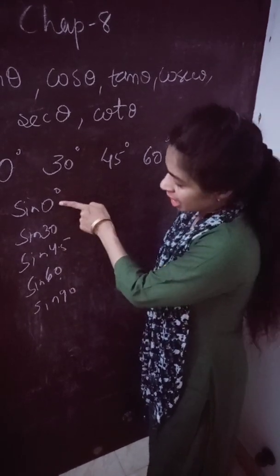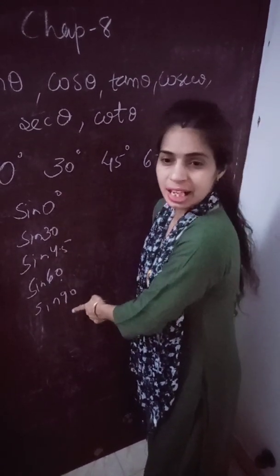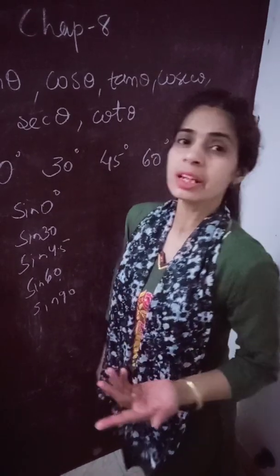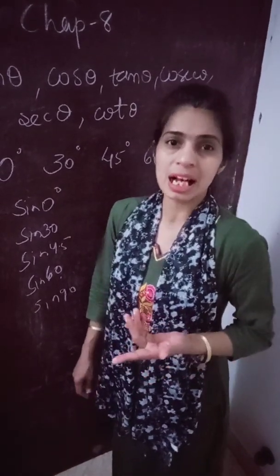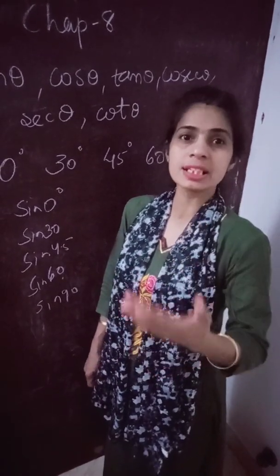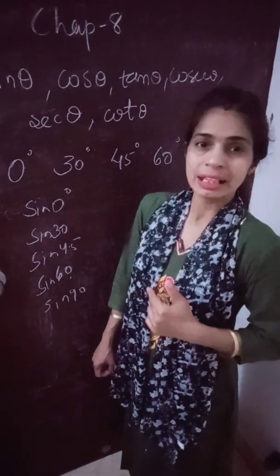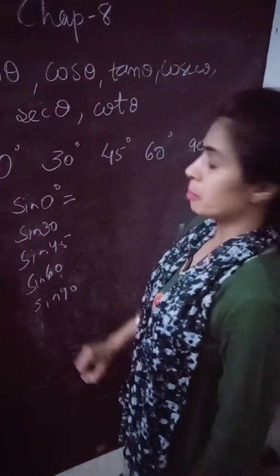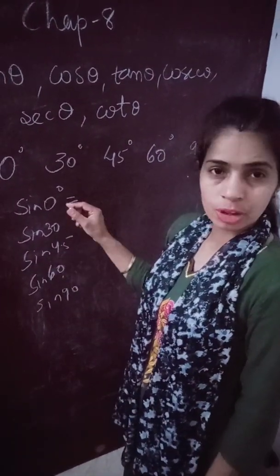The angles are lying between 0 degree and 90 degree. The angles beyond 90 degree you will be doing in your class 11. So if you opt for higher classes, then you will be going for angles beyond 90 degree. Then you will be studying angles in the second quadrant.